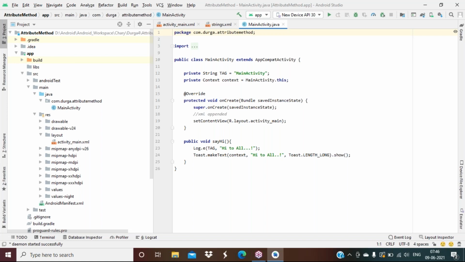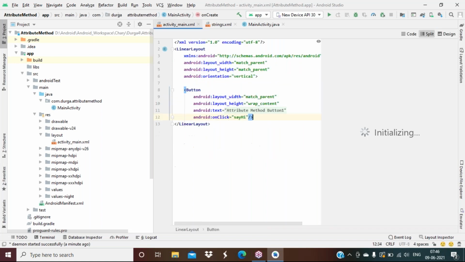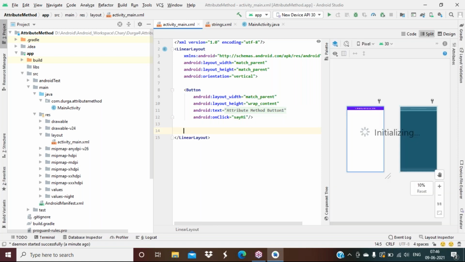So in the main activity, we are having this say hi. Or else myself, let me write the button properties like above. How to write? BUTTON.